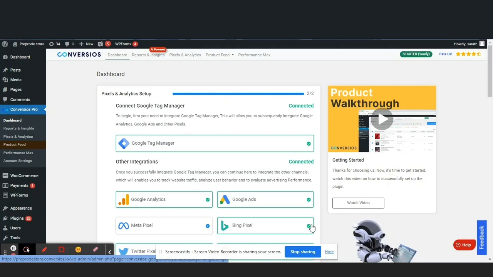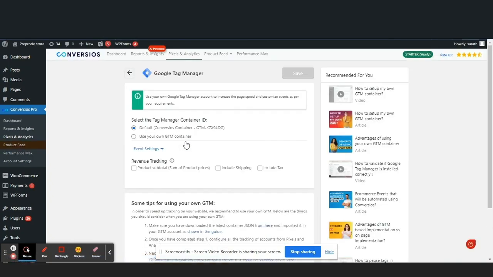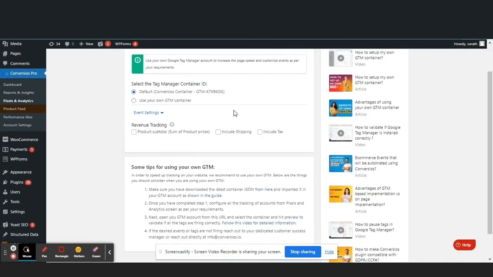Welcome to the guide on how to use your own Google Tag Manager container using the Conversios plugin. Go to the Google Tag Manager feature from the Conversios Pro dashboard. Now you will be redirected to an interface like this, and you can see the option to use your own